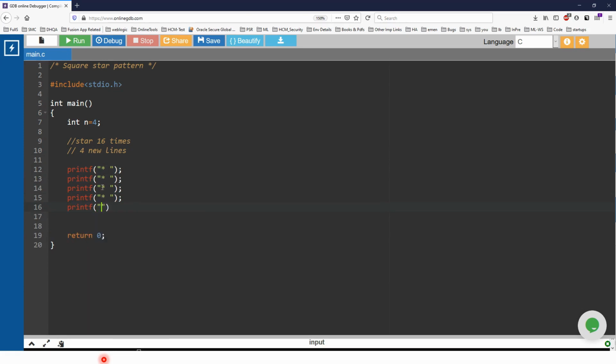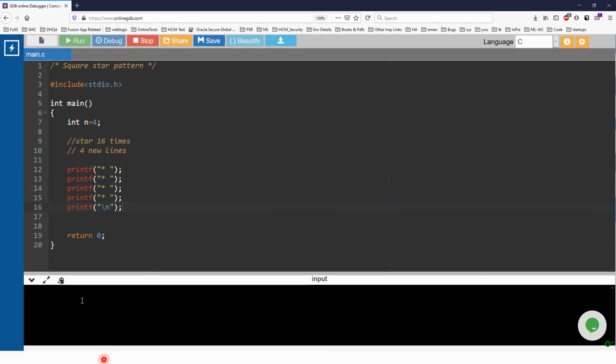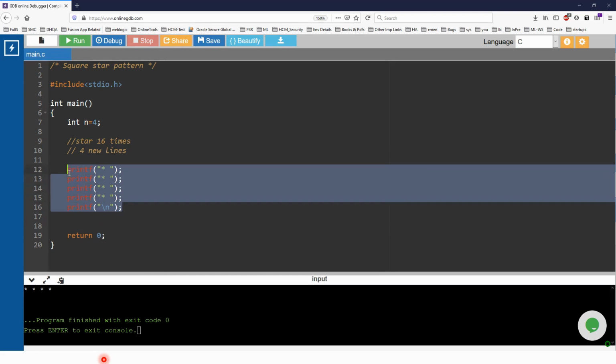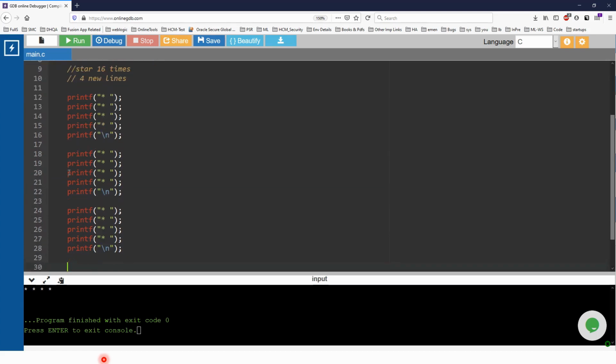At the end of each row we have to print a new line. Just run this. Now you see 4 stars. Now I have to repeat this and print the same thing 4 times because I need to print the square.